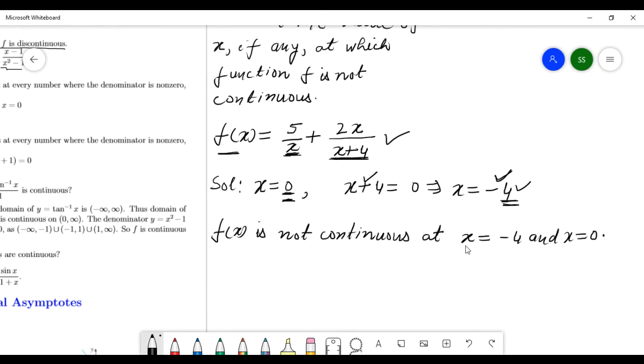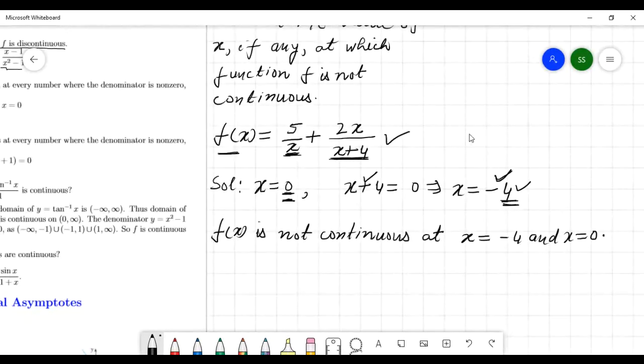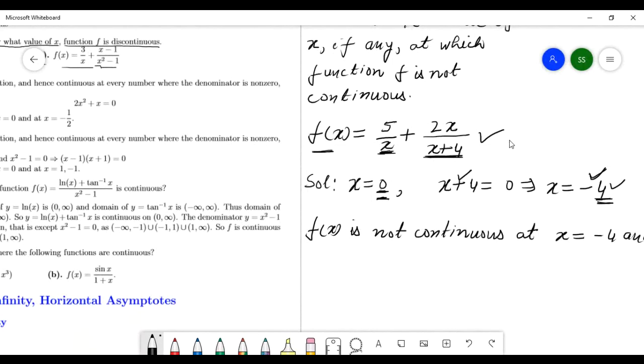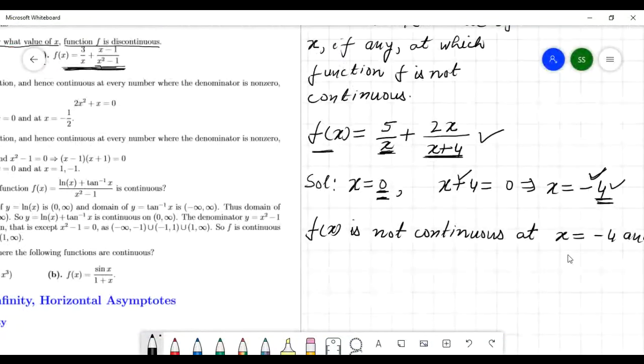Any problem here? Same like last lecture. Same like this question. Here too, divided by x plus x minus 1 divided by x square minus 1. Okay. Same like last question. No problem. Okay. Now come to the next question.